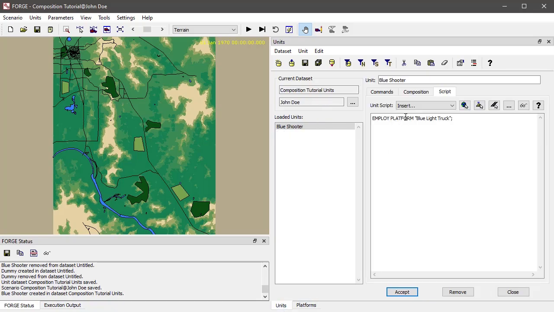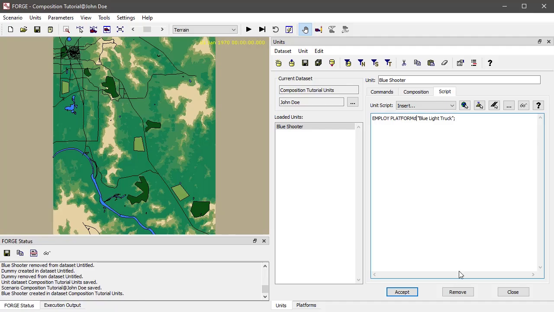So I've got the platform attached. And the process that I just went through for employing this platform is the same for almost every other type of model. So we just had an introduction here to how to attach models to units. You use the employee statement, you specify the overall primary class of model, you specify its name, and that's it. Now, before I go on and talk more about the platform class itself, I'm going to tell you a little bit about what happens if you